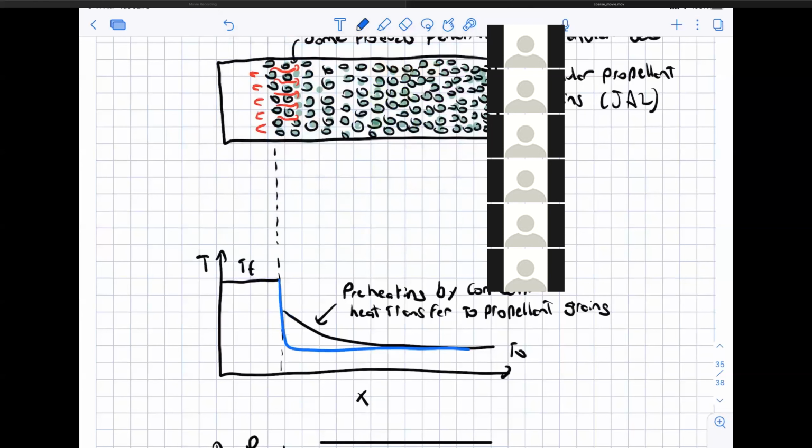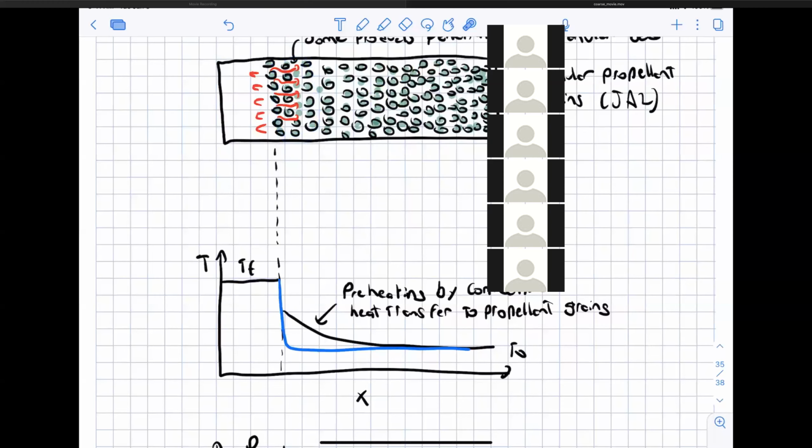Is that there would be almost no preheating effect. And so what this sort of convective heat transfer does is it produces a very broad, in-depth preheating zone of these propellant grains. And this is occurring only because the propellant gases can basically flow between the grains. I know I drew them like cylinders, but in reality, they would be spheres. And so even if they're touching, there's still a small gap where those propellant gases can basically flow between and